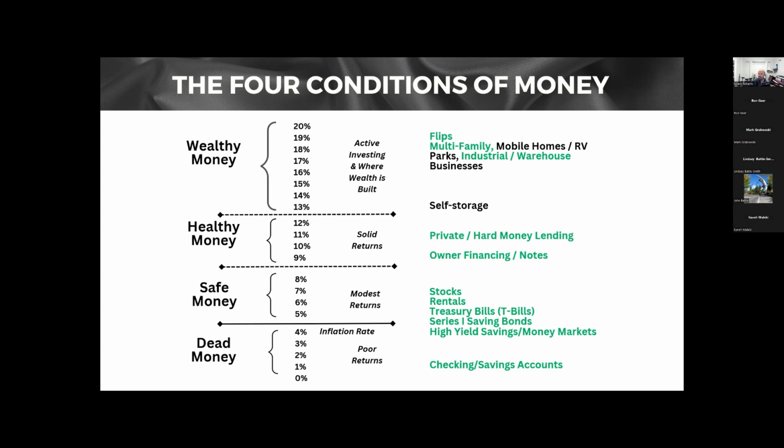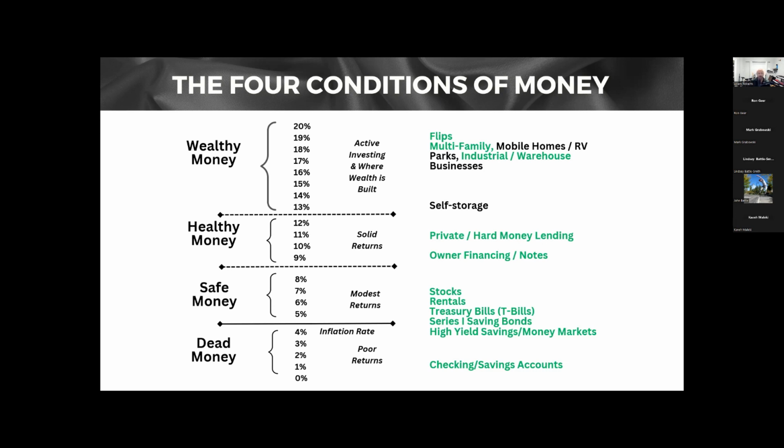And that's where this slide really gives a lot of definition and guidance, because any investment can fall in this range, right? In this spectrum. And I put 20% at the top. It might be higher. Use whatever you'd like, but you've got dead money. You've got dead money investments where money sits in a checking account, or maybe it's a savings account with a low interest rate, or maybe it's in between your mattress, right?